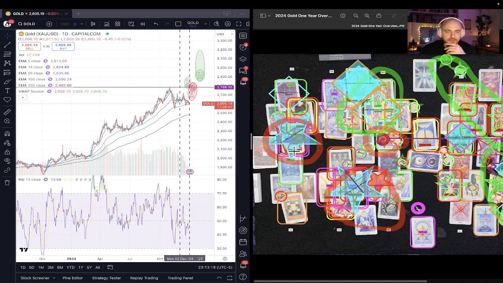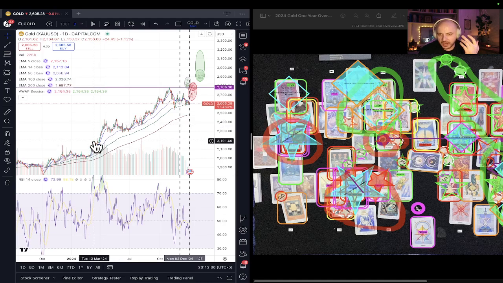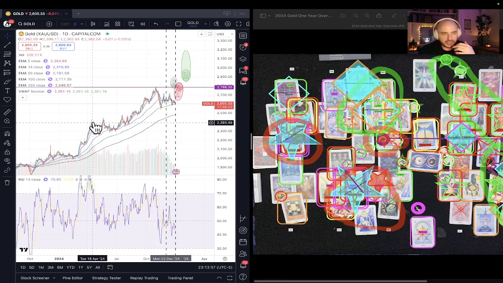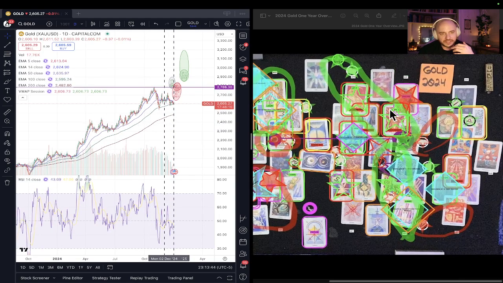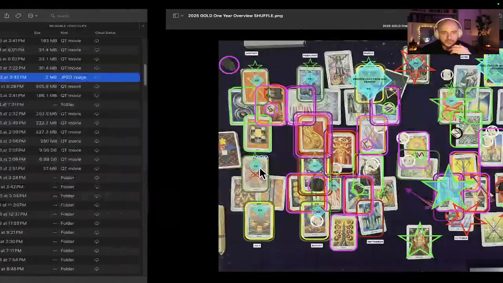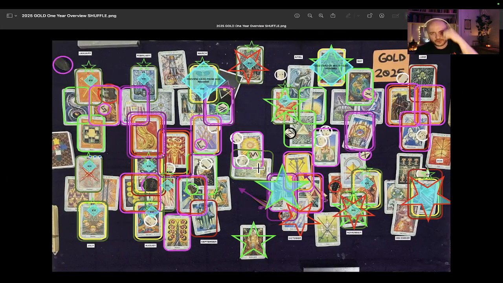So this Ace of Cups marked an opportunity here in January to open up a long position. Totally accurate. And then there was opportunity if you wanted to get out in March. There was a big move to the upside in March, so you could have exited there if you wanted to, or you could have held tight into April, where we would have told you to open up a short for that decline there, followed by you revisiting. There's that Ace of Wands again, and we came back to it. This is super solid, guys. All right, so let's see what we can give you for a good trade here.